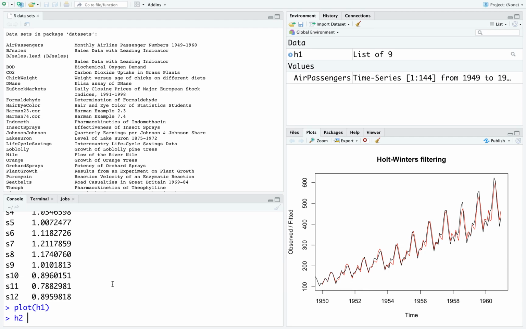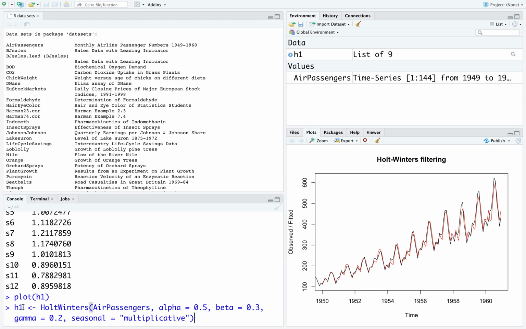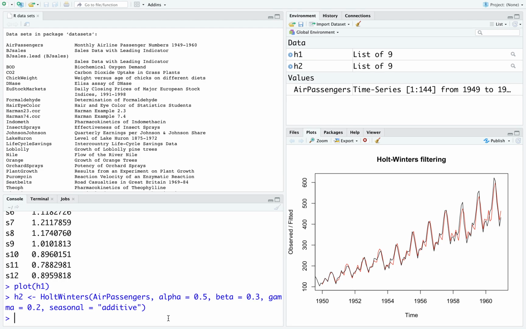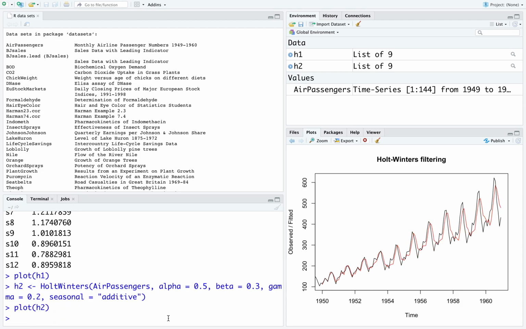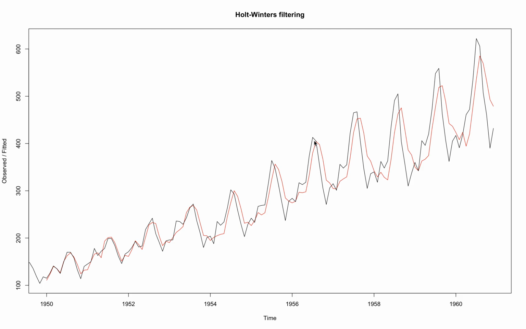Now, suppose I change these values slightly. As I had mentioned, this is all about doing things by trial and error or iteratively. So, I will simply get the earlier one, change this to H2, and then let us say we make it additive instead of multiplicative. I will not change any of the other values. H2 is the same as H1, but it is now additive, and if you plot H2, you get this particular plot. Which one is better?